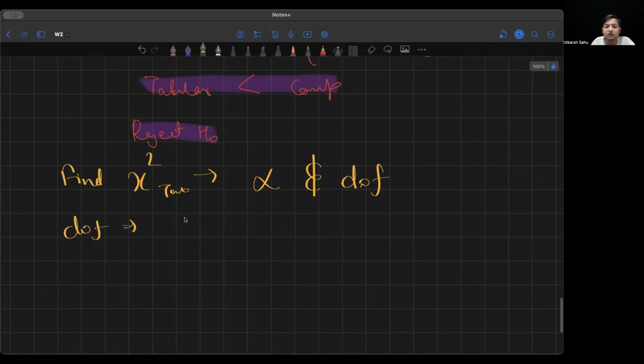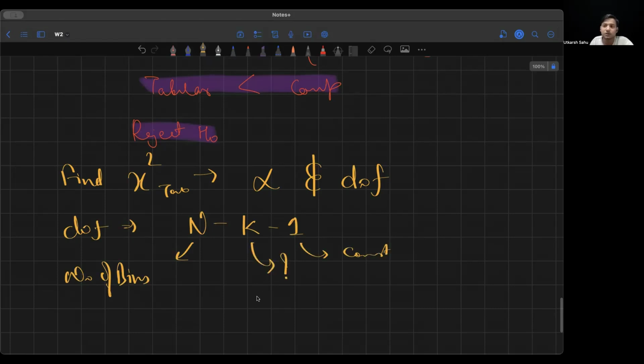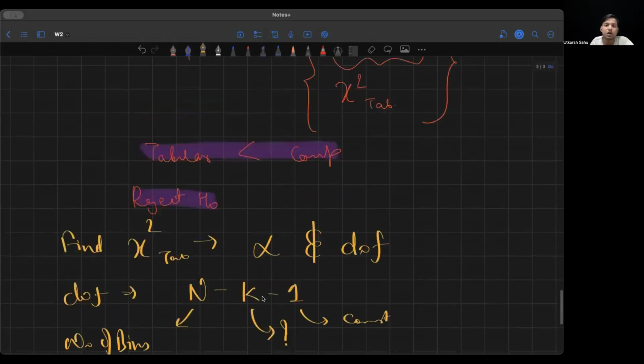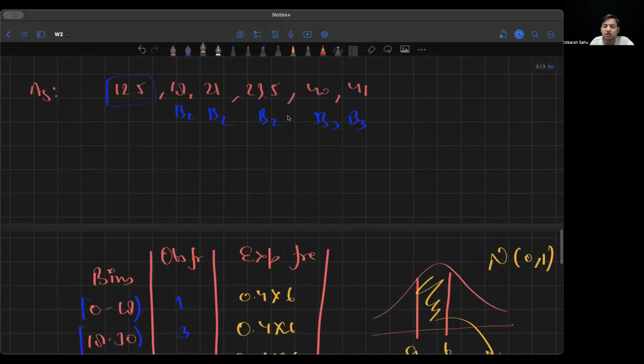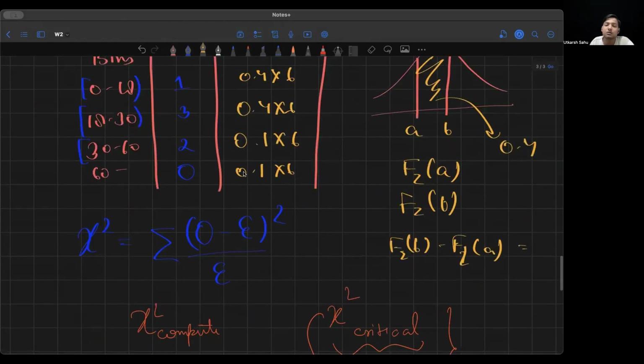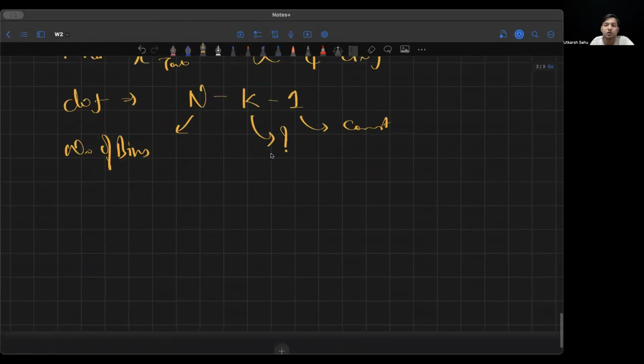Degree of freedom is going to be n minus k minus 1. N is the number of bins. 1 is a constant, so not to worry. What is this k? A lot of people confuse this k to be the number of parameters in the theoretical distribution. So if I was assuming this sample is a normal distribution, then someone would say it is going to be 2, because normal distribution has two parameters, mean and variance. But this k is basically